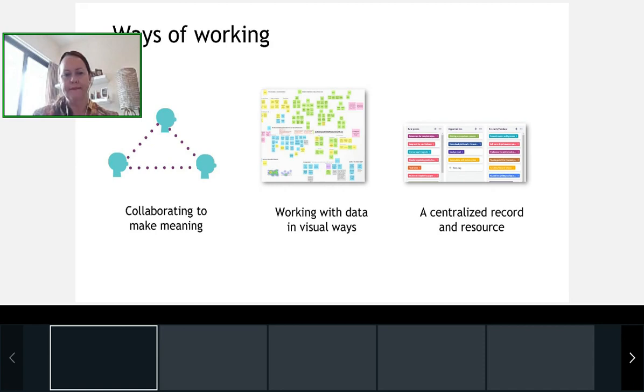So the ways of working to do this, we collaborate together. We'll hop onto Mural and we'll always use a centralized resource so that we can put all of our themes and tags together. And as a team, we're able to go in at any time into those problem spaces and look at specific tags, look at specific topics, and pull out more insights to go into some strategy or decision-making effort.